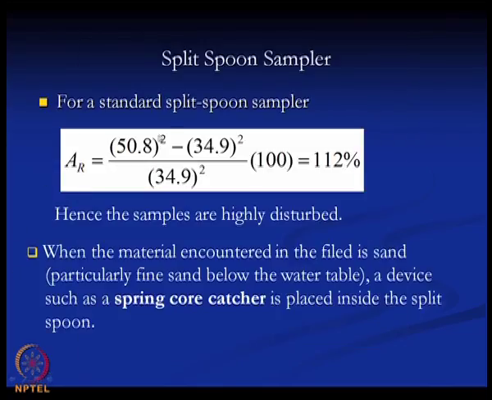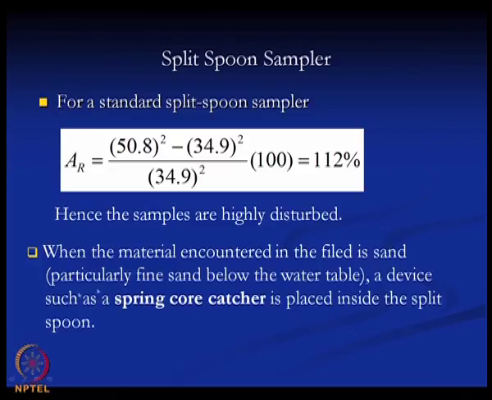That is 50.8 squared minus 34.9 squared, close to 35 millimeter, over 34.9 squared. So the area ratio is 112%, whereas for a good sample the area ratio should be equal to or less than 10%. So, the sample collected by the split spoon sampler is highly